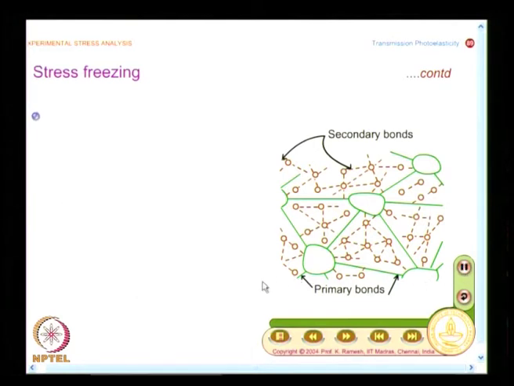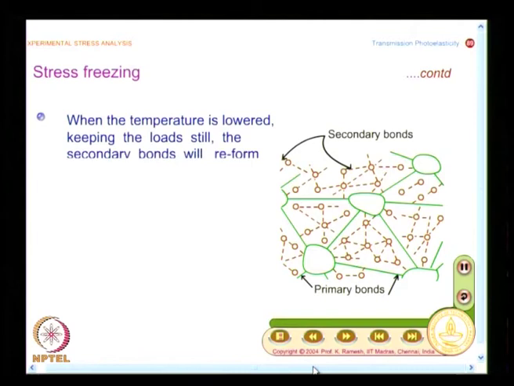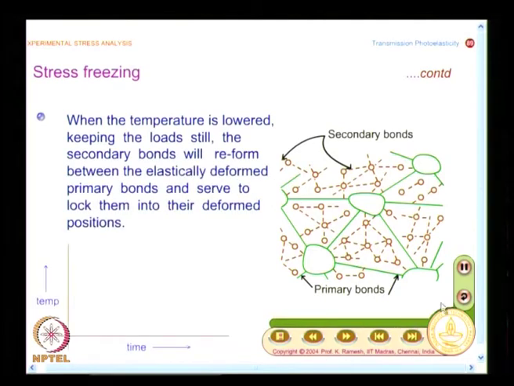And this is what your thermal cycling process is, very similar to what I do in the case of keeping a spring compressed. When the temperature is lowered, keeping the load still, the secondary bonds will reform and prevent the elastically deformed primary bonds from coming back to their original position, and hence the stresses are locked. At the end of the process I remove the load, like what I have in the case of the spring